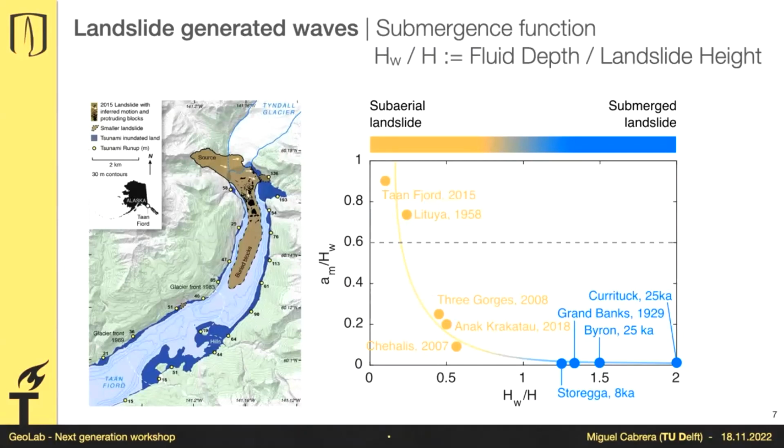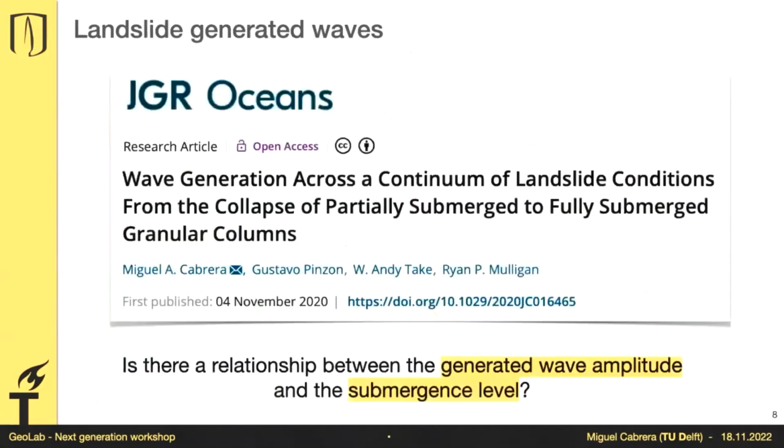And you see that at that point, you have a transition from subaerial landslides towards submerged landslides. So basically what we were trying to aim here was, would it be possible to have a marriage between what you have as subaerial landslides impacting water and fully immersed landslides displacing water? Is that possible? So with that question, we came with this publication